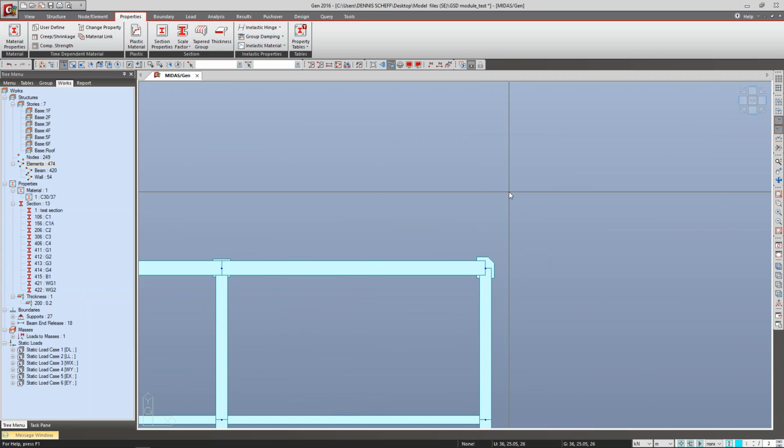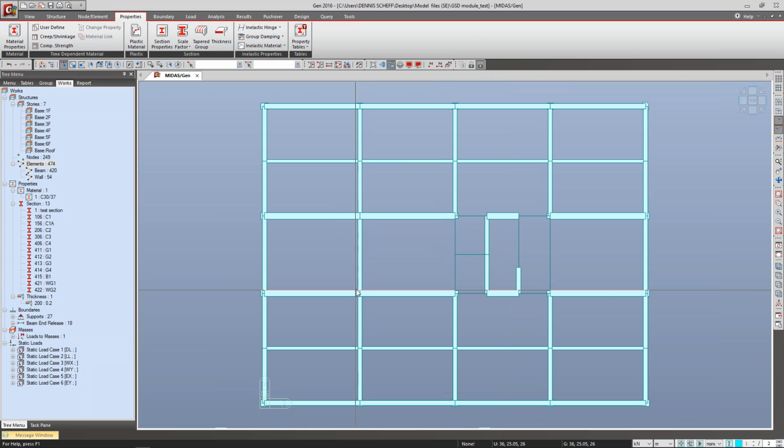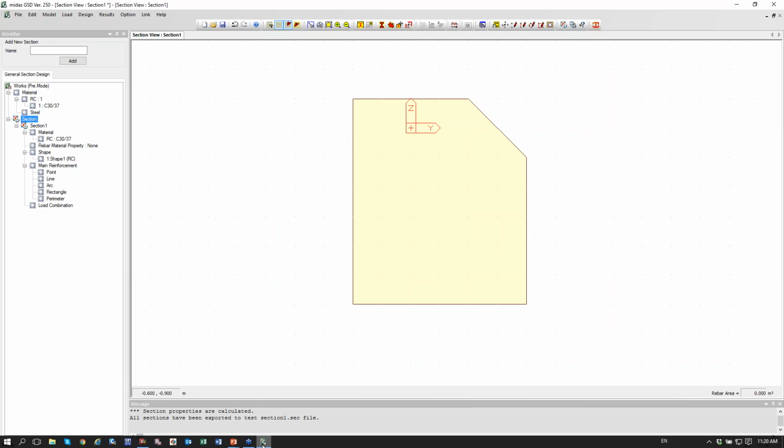And what I will do now, as was mentioned in my presentation slide, now I need to proceed global analysis. In order to proceed analysis in MIDAS, you can click F5 or click Perform Analysis here. And program will analyze this. So analysis is finished. I will go back to GSD,